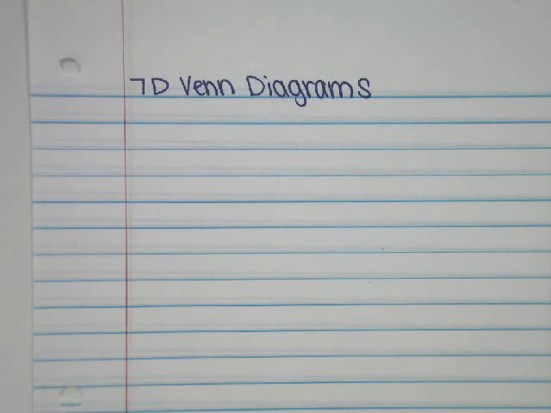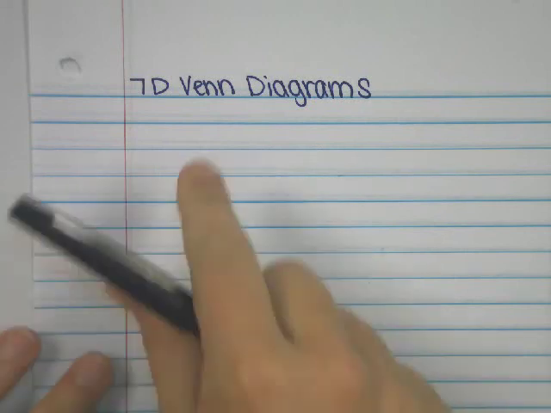In 7D, we start working with Venn diagrams. I really like Venn diagrams because they give you a visual of how these sets interact with each other. You have most likely, definitely, worked with Venn diagrams in other courses. Now our Venn diagrams are going to have lots of different looks to them, not just your traditional two circles every single time. So, in a Venn diagram,